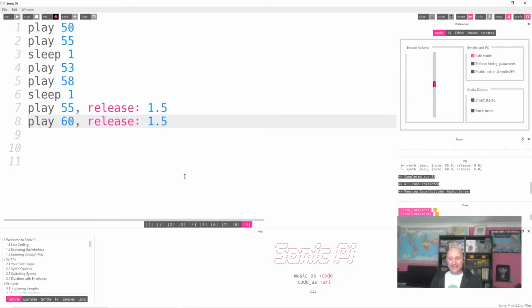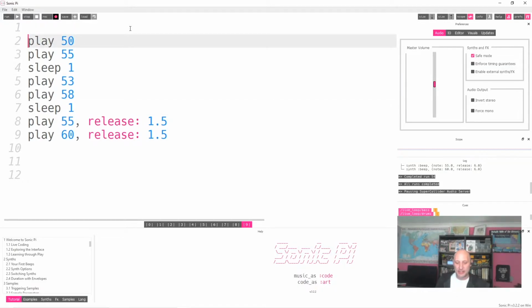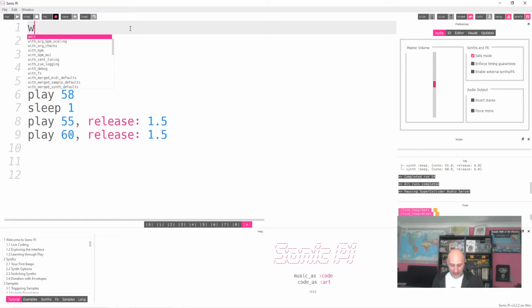Well, it's a little bit slow for my liking at the moment, so I'm going to change how fast it is. I could do that by changing my sleeps. So at the moment they're sleeping for 1 second, or 1 beat, because it's playing at 60 beats a minute. I'm just going to double that speed, and the way I can do that is by setting the beats per minute. So I can say with_bpm 120